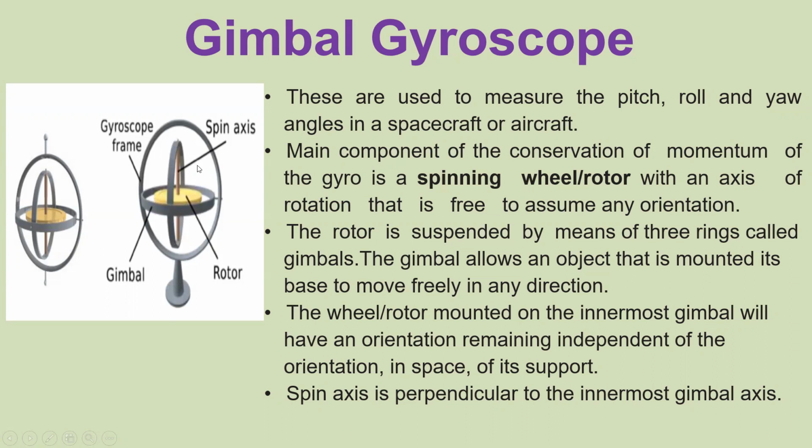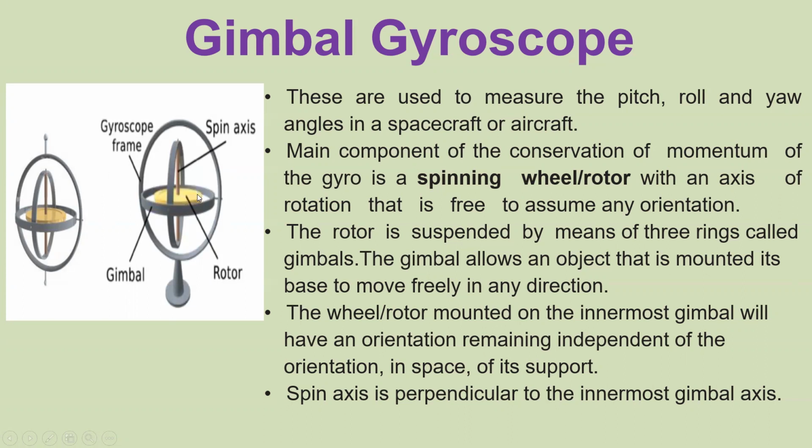So this gimbal can rotate. This is the middle gimbal which is fixed to this one, and this is the innermost gimbal, where it is hinged at these two points, and it can rotate freely around this axis. Around the axis connecting this hinge point and this hinge point, this innermost gimbal can rotate. So what is this rotation all about?